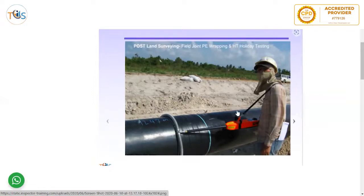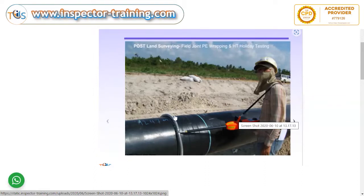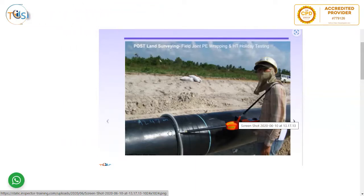This is holiday surveying. It's a high voltage ring going around the pipe. If there is a hole in the pipe, a coating damage, one lead is connected to the pipe and one to the ring. So if there is a coating damage, a circuit is established, and you can see a spark here. It's called holiday testing, and then you have to repair those areas